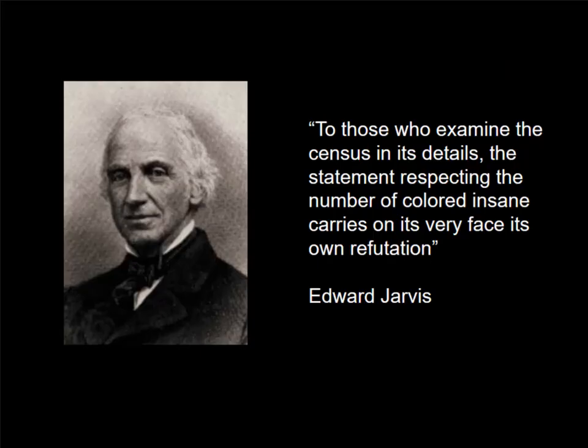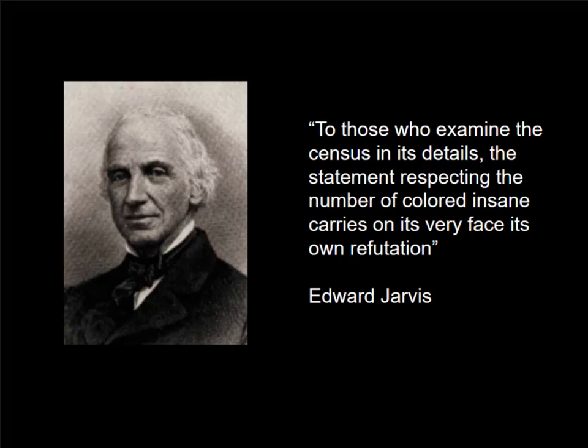And so Jarvis realized what had happened. People make random errors over there on the right of the form and get things in the colored column that occasionally belong in the white column. It doesn't make any difference. They do this in the north and they do in the south, but in the south it doesn't make any difference because the denominator is so much bigger. In the north, there's no black population to speak of. They're very rare, and so just a few random errors of whites getting in the black column will give you this apparent relationship. So Jarvis said,